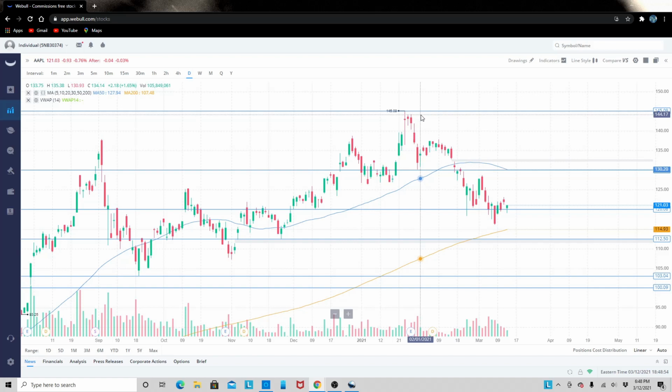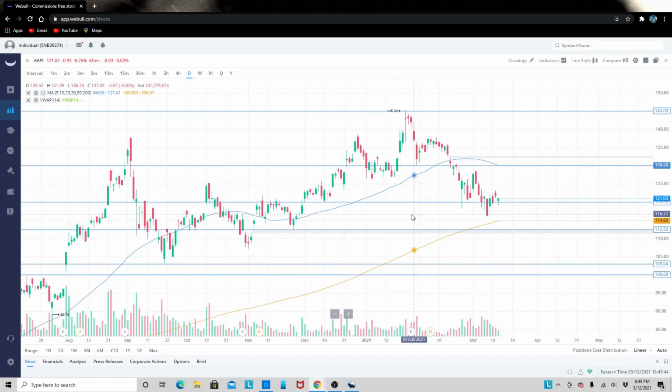here, and it just kept dropping and dropping, and we got to our $120 support, which really nobody thought it was going to break. Even during the correction, a lot of analysts were coming out and saying it's not going to drop below $120, because that was very strong support at this point for this stock. And we did see it drop below that $120 support, and it dropped all the way down to